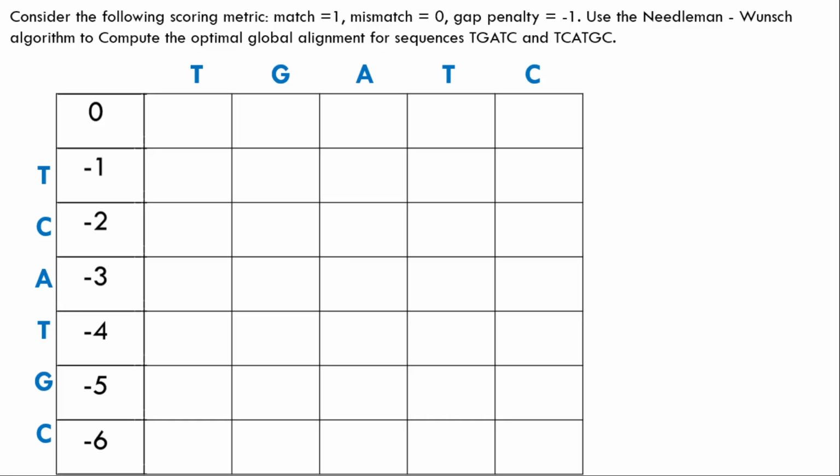Likewise, there is one extra. This is the difference from the dot matrix analysis. If you remember, in the dot matrix analysis, as many columns as there were in the horizontal sequence, you had to draw. But here, you have to put one extra column, right? And as many rows as there were bases in the left sequence, you have to add one extra row, mind it. So one extra row and one extra column you have to put if you are solving the pairwise global alignment problem. Now here you see, consider the following score matrix: match equal to 1, mismatch equal to 0,